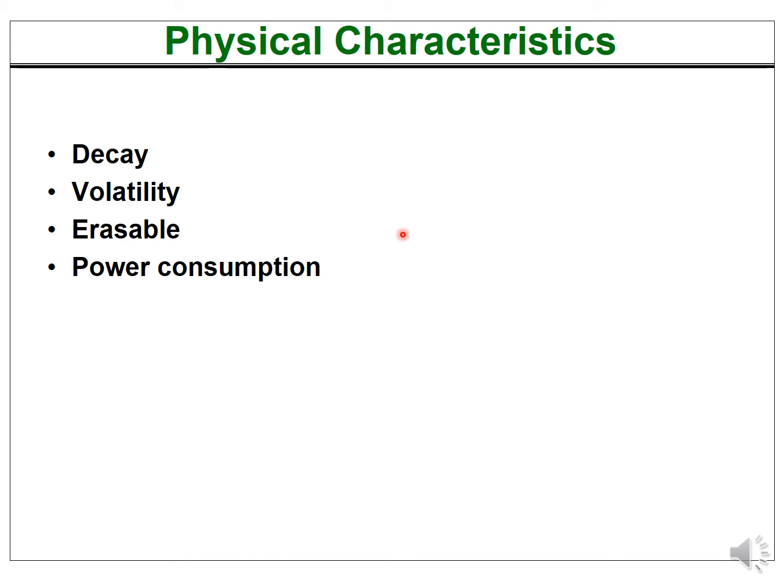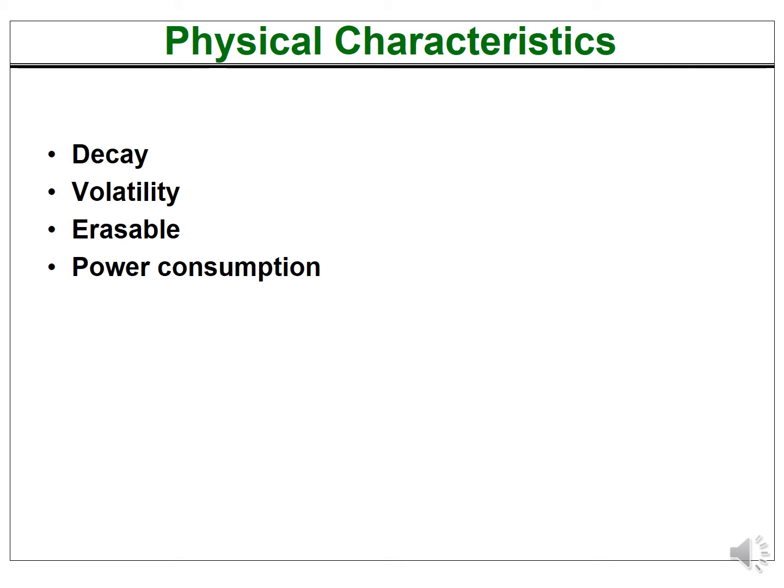Finally, let's come on to decay. Now decay has something to do with the way RAMs are manufactured. There are two ways in which RAMs are manufactured. You must have heard about static RAM and dynamic RAM. Now how does a RAM work? A RAM works by storing the data into individual memory cells. Now your random access memory has a number of cells, each cell holding one bit of data. Now that memory cell can be manufactured in two ways.